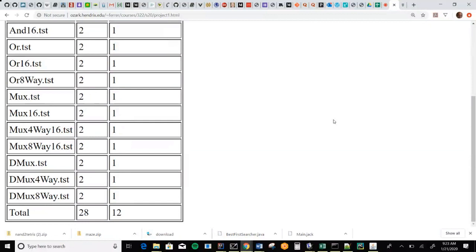Similarly, there is the extremely cool MUX 8-way 16. That's going to have 3 select bits. It just might be the case that to do an 8-way, maybe a 4-way might help.